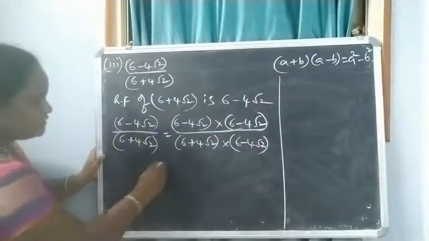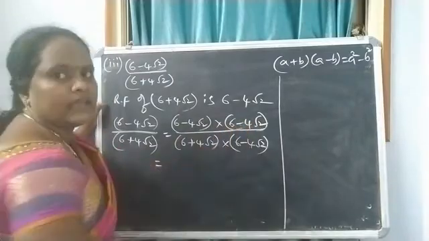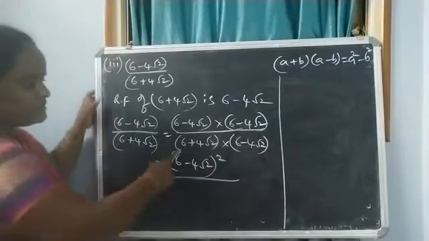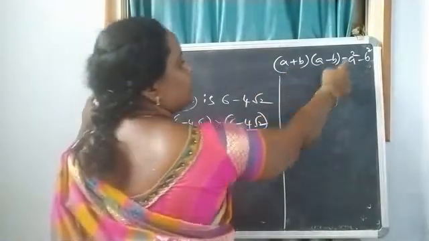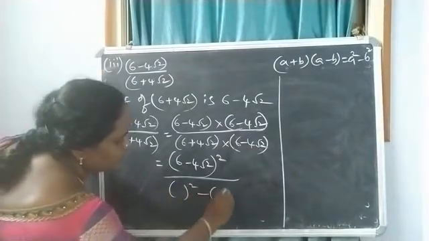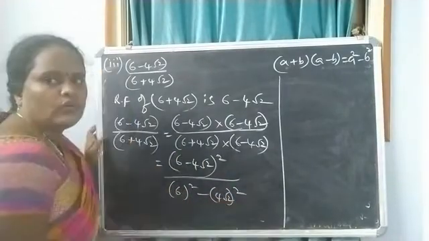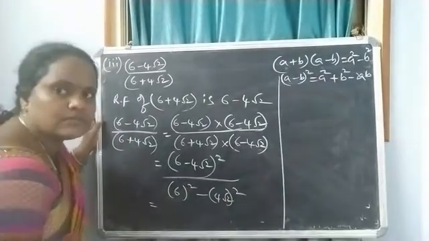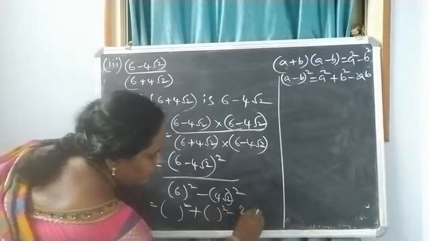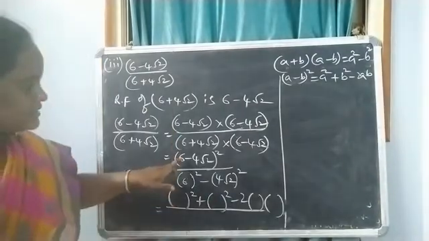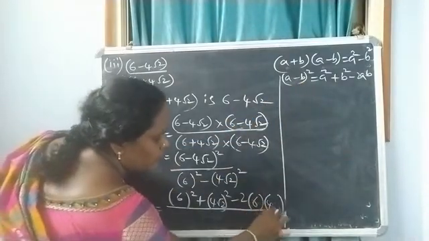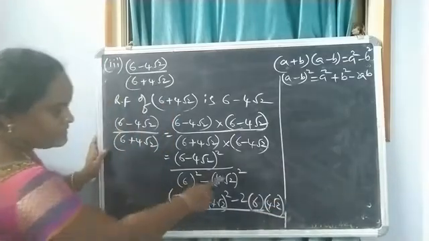Now this is equal to a minus b into a minus b. This is a minus b whole square. Now down, this is a plus b into a minus b. A plus b into a minus b is a square minus b square. So a square minus b square, where a is 6 and b is 4 root 2, whole square. So a minus b whole square can be written as a square plus b square minus 2ab. So a is 6, b is 4 root 2, 2ab. So a is 6, 4 root 2, divided by a square minus b square.